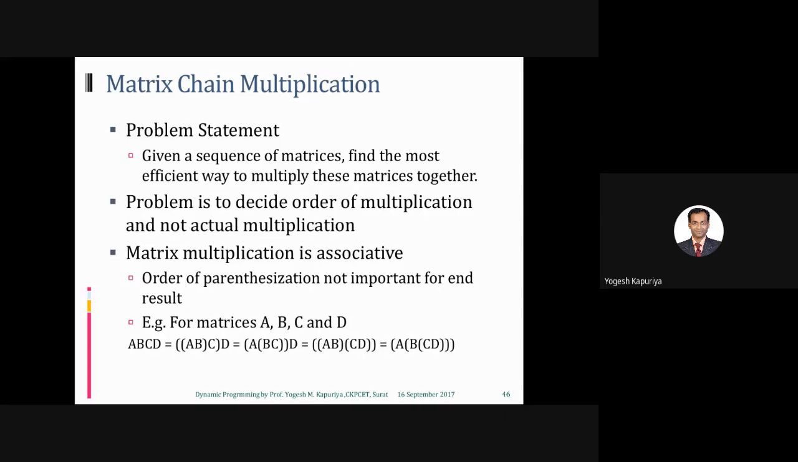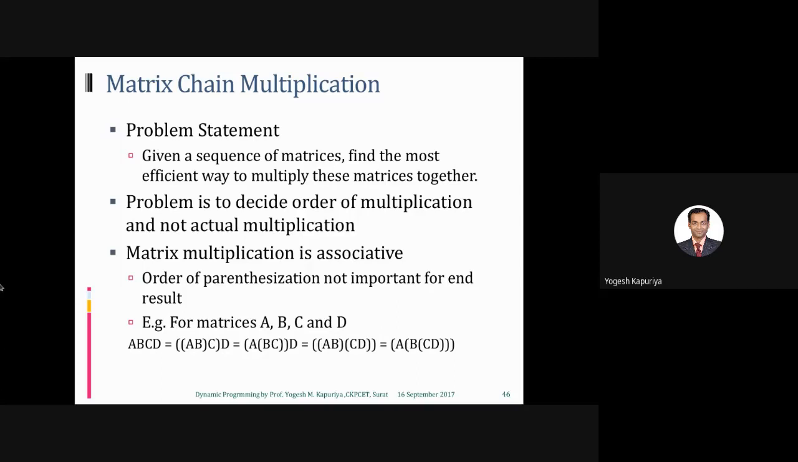But apart from that, we must know that matrix multiplication is an associative operation, like general multiplication. That means 4 into 5 is similar to 5 into 4. So that is called an associative operation. So here also matrix multiplication is associative. What I mean by that is the order of parenthesization is not important for the end result. Obviously, let's say you want to multiply 4 matrices. Obviously, you have to find a way,